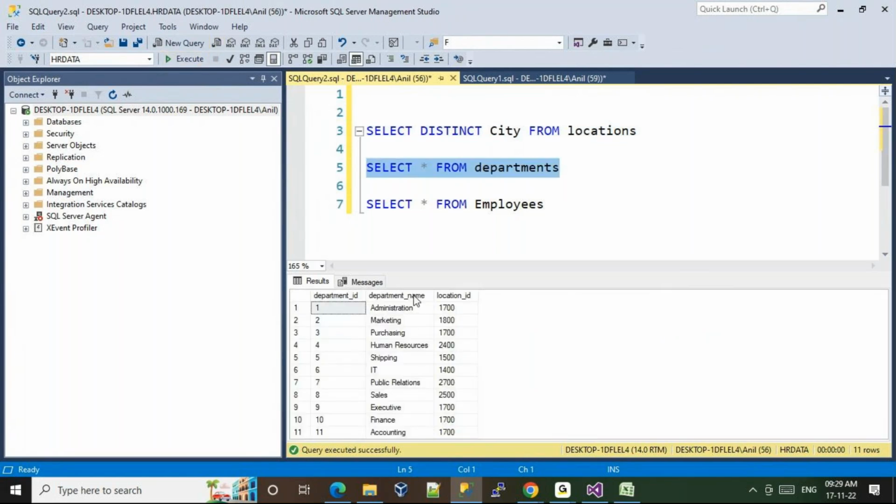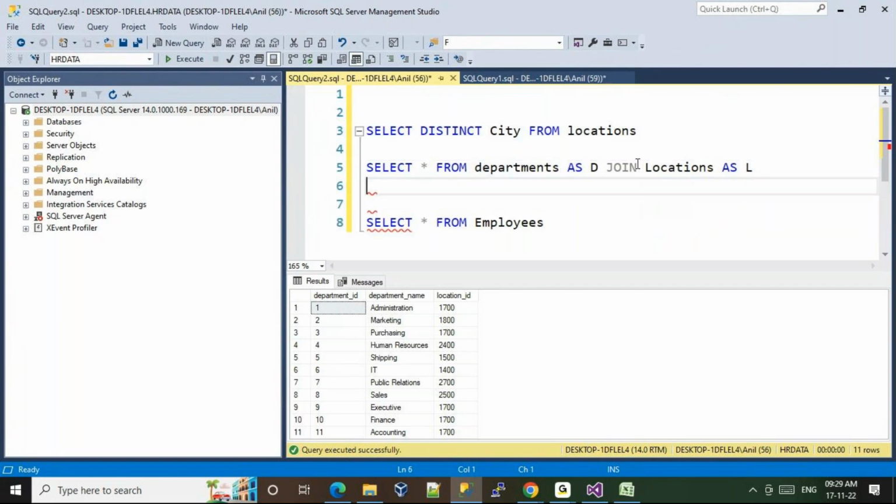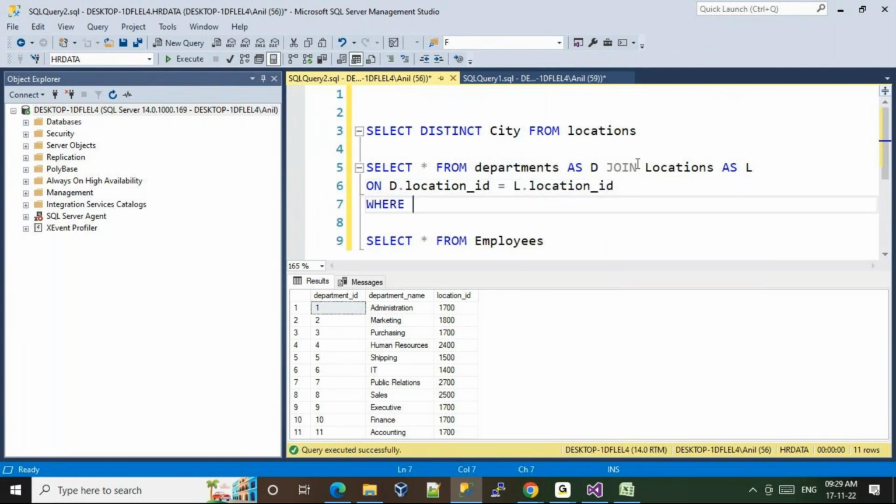Department names, you can observe it will get all the values but location ID is different. Okay, so here I want to use join: observe, departments as D and join with locations as L on D dot location ID equal to L dot location ID, clear, and where L dot city equal to